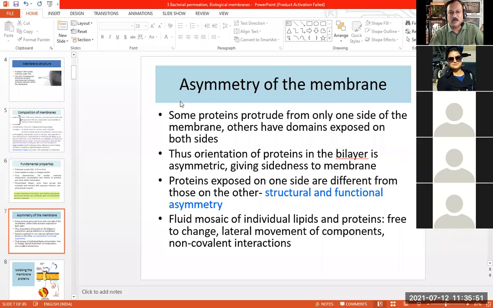It will be an objective exam, but then you should be able to describe what is asymmetry of the membrane, what is structural asymmetry, what is functional asymmetry. Okay, so your knowledge about these terms will be probed in that examination, both internal examination as well as external examination, university examination. So try to take care of that, try to be attentive, and try to understand the various terms as we encounter them in this particular unit.